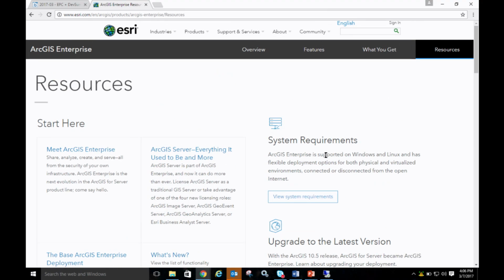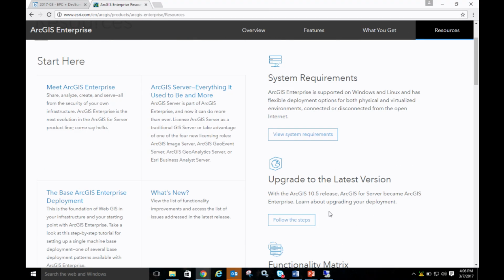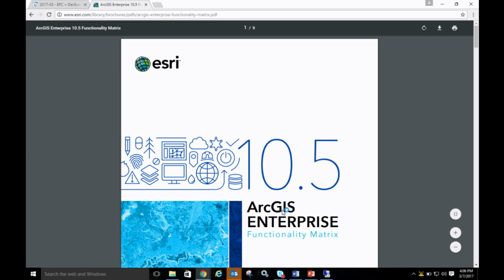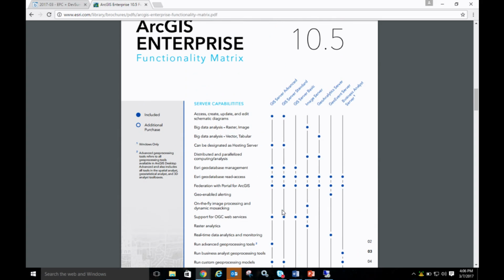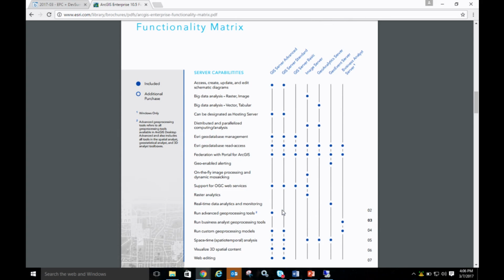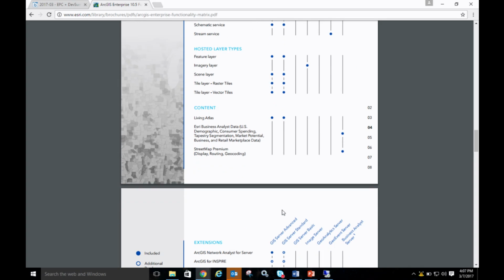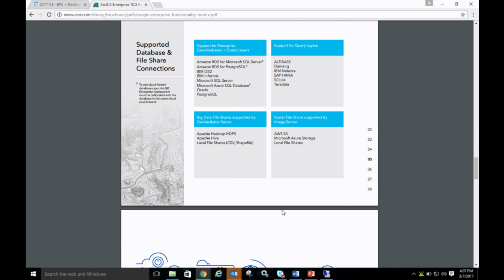section. Here you can easily find the minimum system requirements for deploying ArcGIS Enterprise, steps to upgrade to the latest version, and also our new streamlined functionality matrix. This document breaks down everything you need to know about ArcGIS Enterprise, from the server capabilities available for each of the server roles, to the service types that you can use, to the hosted layer types each service can provide, to the content available, and even the extensions. We go on to show you which databases and file share connections you can connect to,